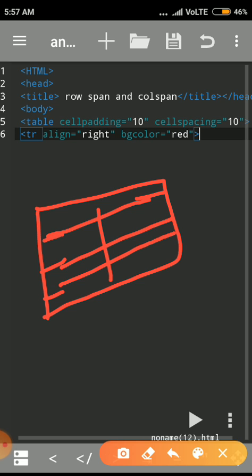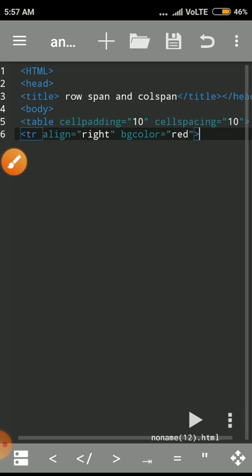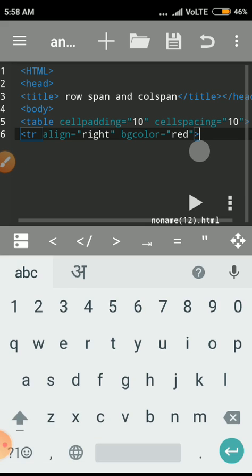But if I want to merge these two cells, these two belong to a row, so here I give row span. And if we want to merge, suppose, these two cells from this table, for that we use the call span tag. And how will we give it? We just give the data like this, and here I type, suppose